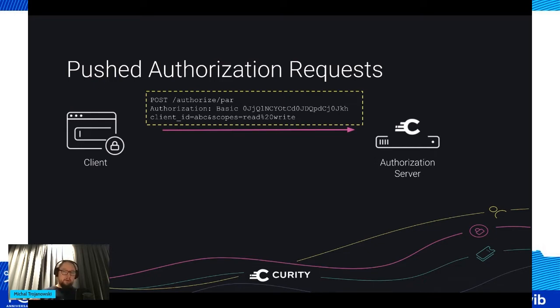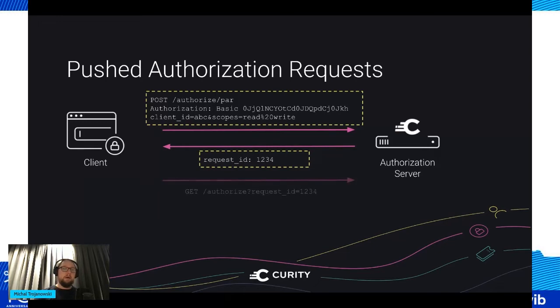Now the authorization server authenticates the client, so it knows exactly who the client is and can verify the parameters. Because we have a confidential client, the authorization server knows that the parameters haven't been tampered with, as the authorization server is sure that the request hasn't gone through a browser, because we need a confidential client for that, so it has has to be a backend to backend connection. So it knows the parameters are okay. It can validate them, authenticate the client, then save the parameters somewhere,